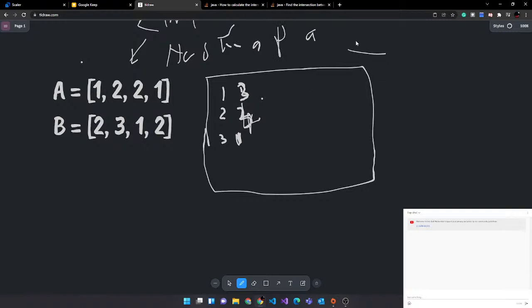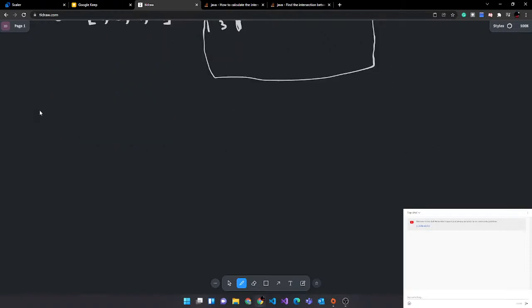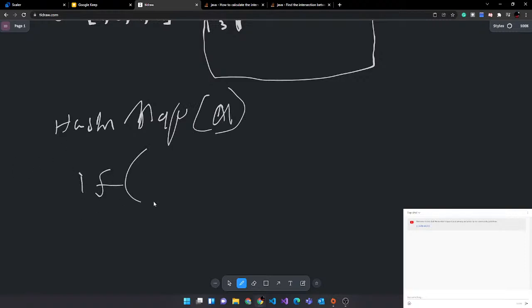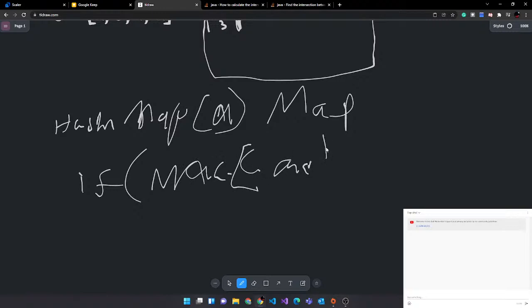Oh, and we can then run B, if container of. Oh, okay, we can do it this way, right? So we can create a hash map. Why didn't I think of this earlier? We can create a hash map of A. Then if, sorry, map, let's call it this map. If map dot contains key B of I,